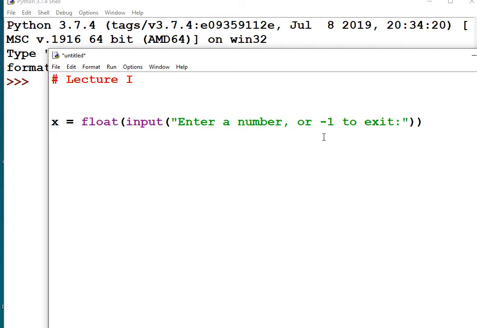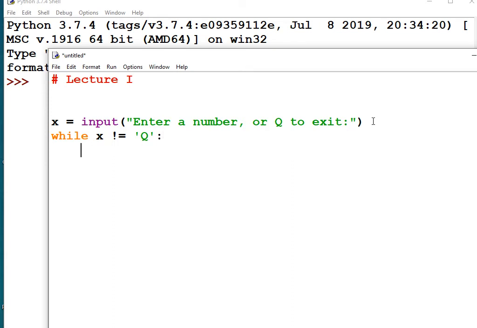I am tempted at this point to make it one of those loops where you can type in Q to quit, right? Let's do that. I'm sorry for this. It's going to take a couple of edits, but if I take that float parentheses off there, take off one of the closing parentheses and make this say or Q to exit. That's the way people think, right? I want to stop, so I want the option of typing in Q to exit. So here we're going to go. While x != "Q":